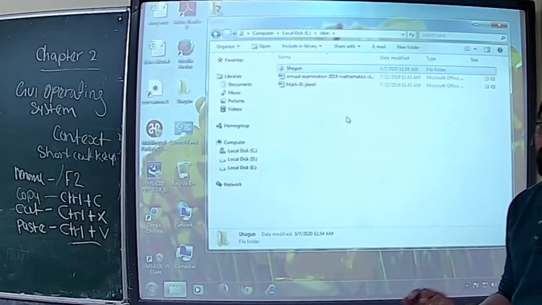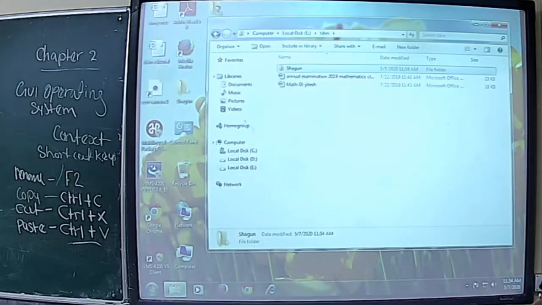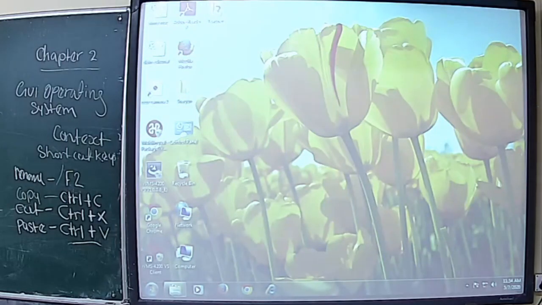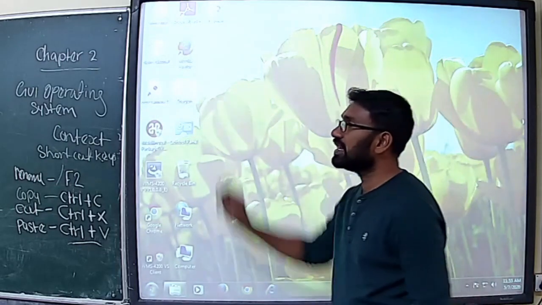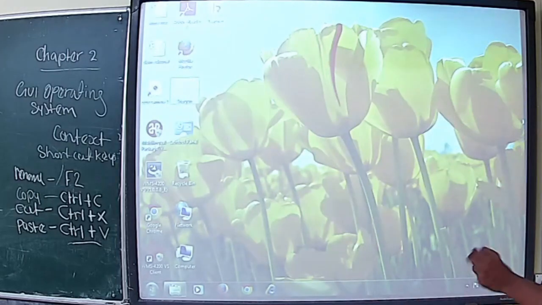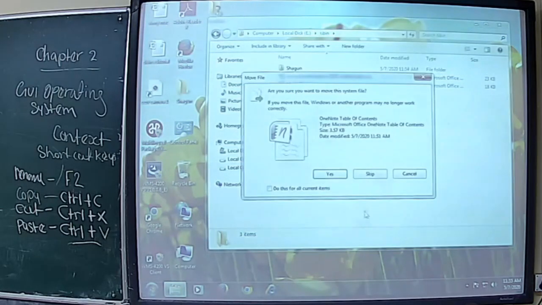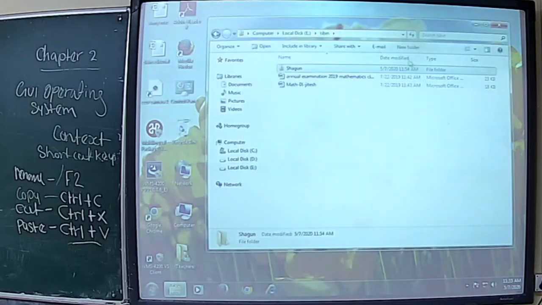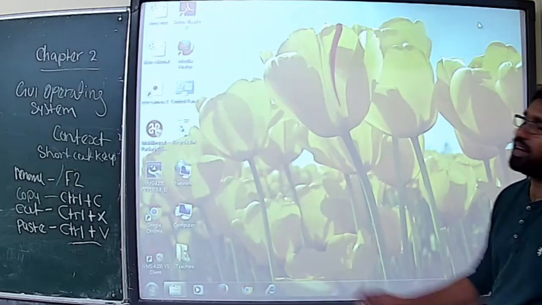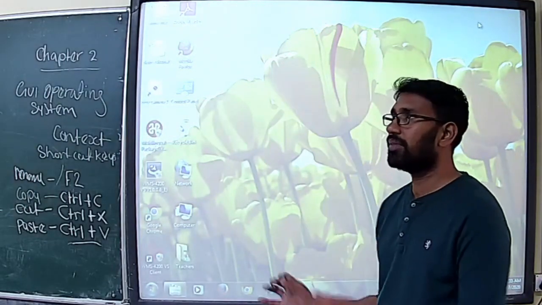It is called the copy function. Now if you cut the folder, you see on the desktop, I minimize this. On the desktop, you can see a Shagun folder. For example, I'm cutting with Control plus X or right click and choose the cut option. That time you see the icon gets shaded, which means it's going to move. Then I choose the folder Tibin from the Explorer, paste here and confirm, yes, move and replace. What happened? The folder permanently moved from the desktop to the Tibin folder.